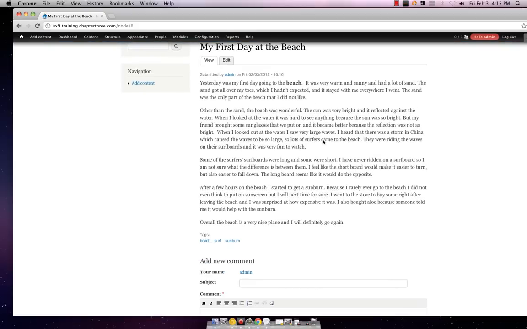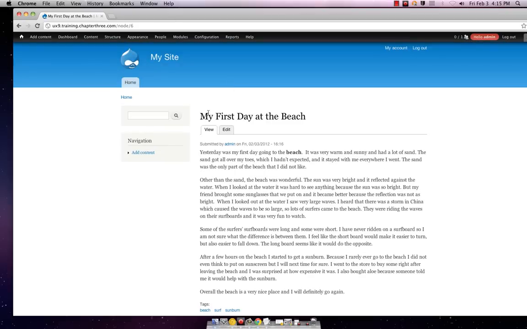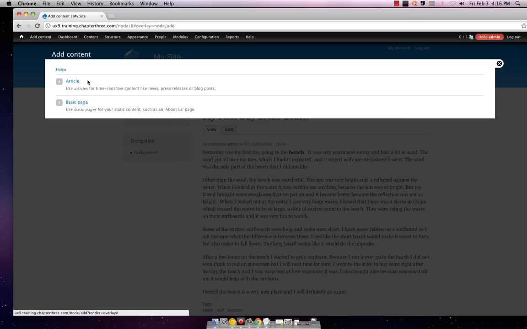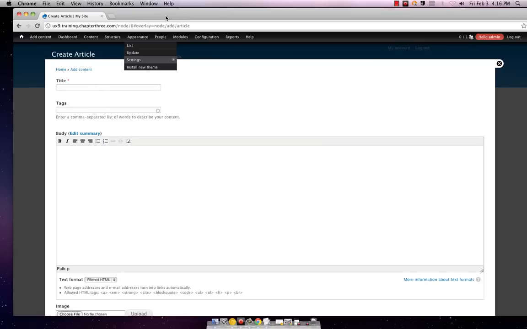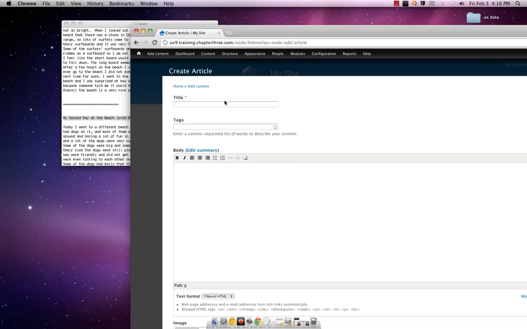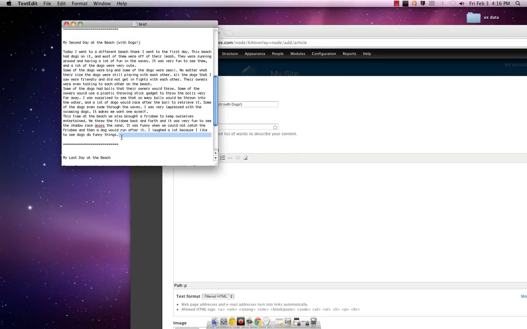Is there anything else you want me to do with the article? Yeah, so in that text file, there's two more articles. How about you go ahead and create articles for them? Okay. I'm going to use similar tags so I can see what happens when